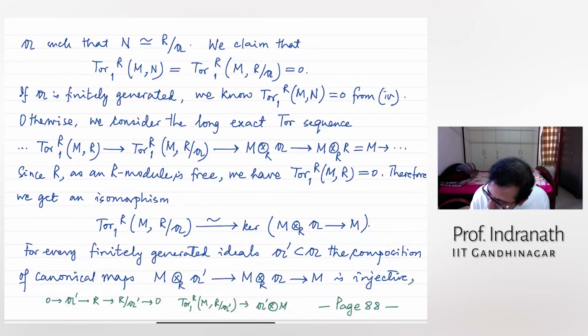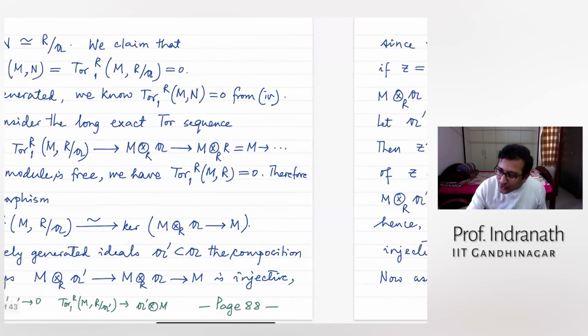And here therefore you had to choose, and there's a reason why I'm spending some time, because sometimes there is a lot of hand waving and people are a little casual to say, now let us take a finitely generated ideal, now let us take a finitely generated submodule, but after tensoring I cannot ensure that it is sitting inside. So therefore I have to be a little careful. I have to actually find a suitable preimage, and finitely generated actually gives me the condition that this Tor is 0